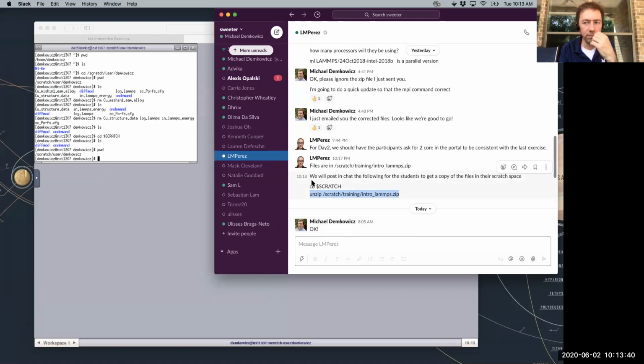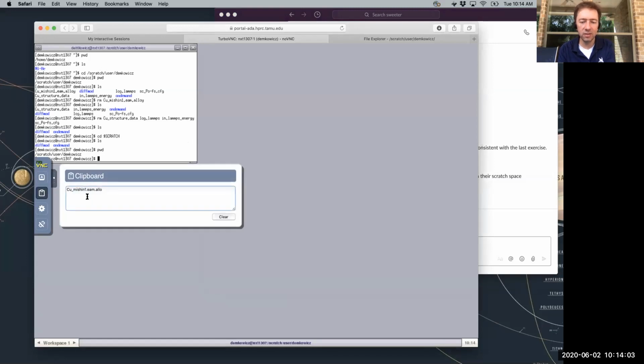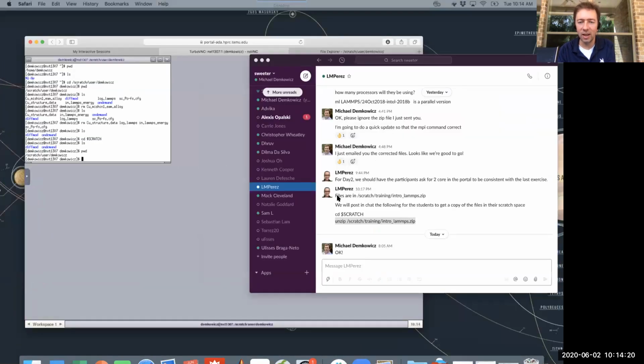By the way, if you want to cut and paste things from your computer to this desktop, it's a little bit clunky. I'll show you how to do it. I'm just going to do Control-C here because that just copies on my screen here on the Mac. If I move back here, I can't just do Control-V. It's not going to show up. If I do Control-V, I get some weird umlaut. I have to put it into the clipboard, and the clipboard is here. So I'm just going to put that into the clipboard. Okay. And now if I right-click, which on my Mac is if I press down with two fingers, it should show up, but it's not. All right, so never mind. I guess that's not going to work. I'm just going to have to type this.